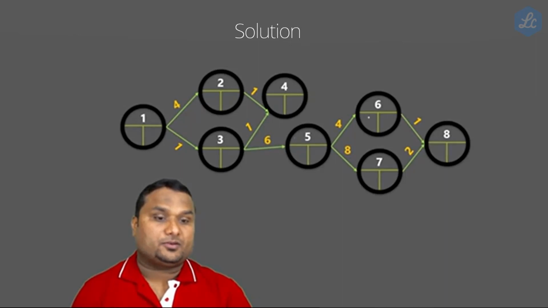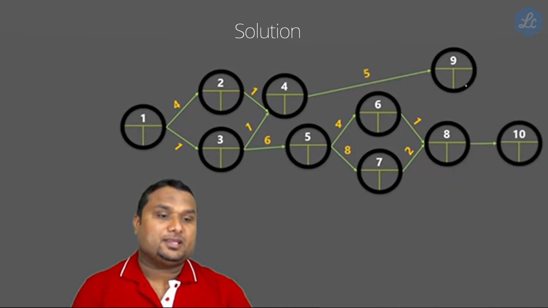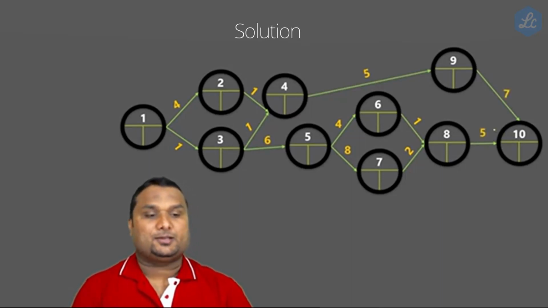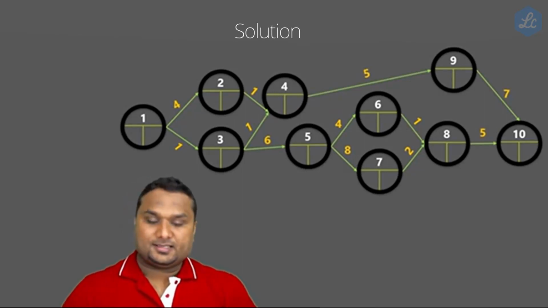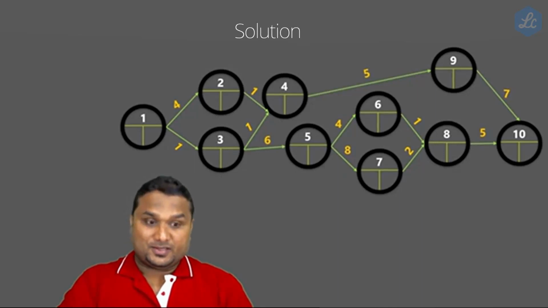What we have done: 5 to 6 is drawn, 5 to 7 is drawn, 6 to 8 is drawn, 7 to 8 is drawn. Now 4 to 9 is supposed to be here, and finally it should be this one, 9 to 10, and 8 to 10. Have you all finished until this? Now slowly we are filling values into this diagram so that we will be able to find out many calculations very easily. This is a simple technique.